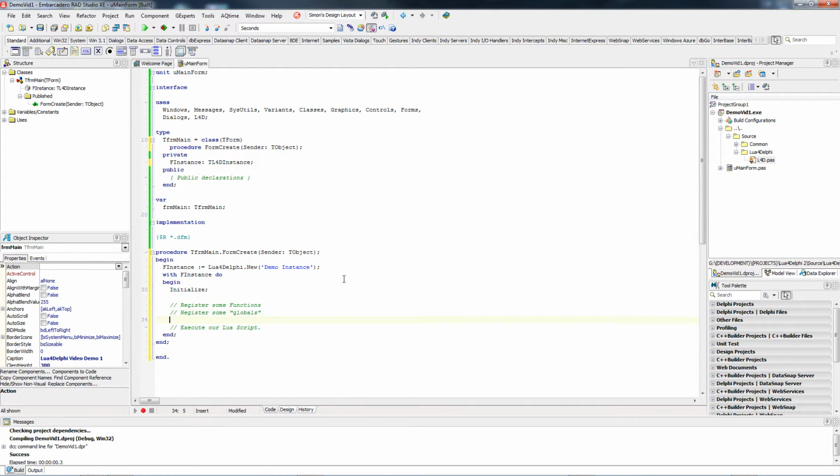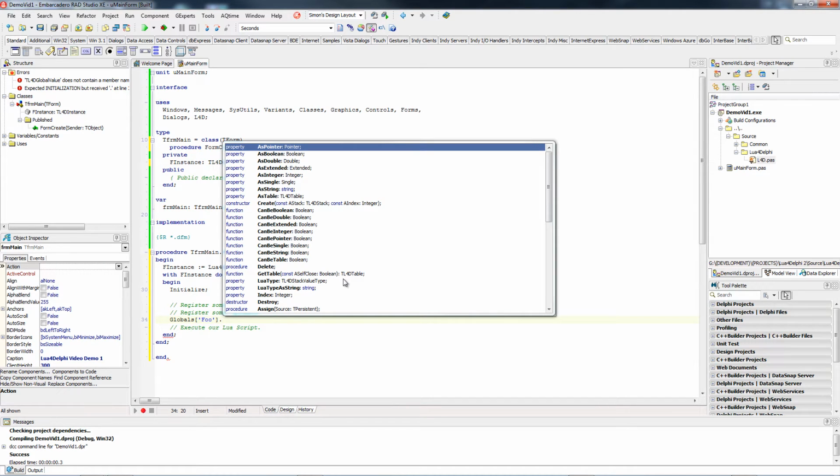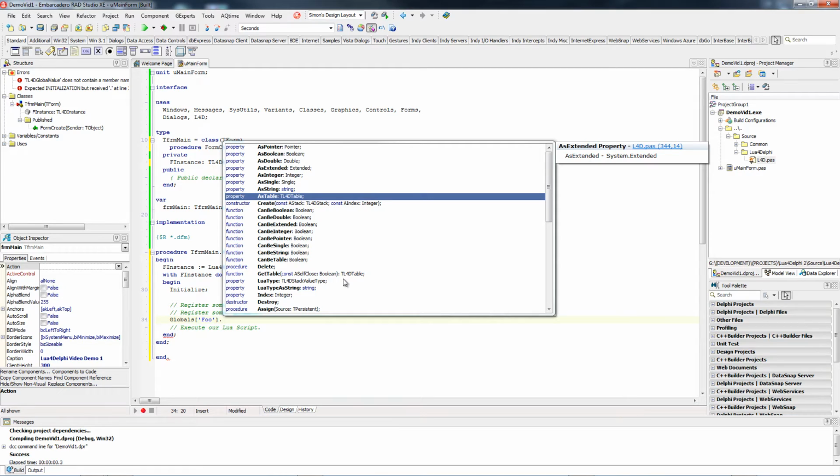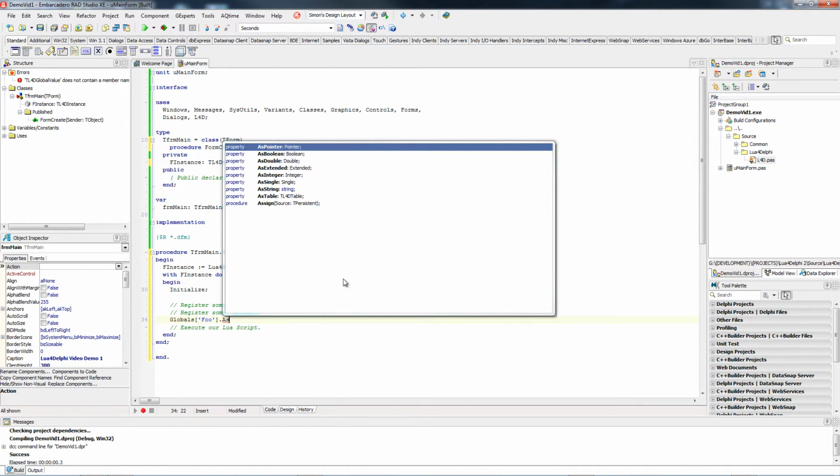Now, what we can do is we can call globals, give it a string name, in this case foo, and tell it its type. Now, for the sake of writing one, we can specify exactly what type it is. At this point in development, and there'll be more by the time it's released, we have pointers, booleans, doubles, extendeds, integers, singles, strings, and Lua tables. Lua tables are one of the most interesting and important aspects of Lua as a language, and they're also quite complex. However, Lua tables, from the standpoint of Lua4Delphi, are very easy to create and parse. So you can actually read them from Delphi, and you can create them from Delphi and push them back to Lua. So we're going to define this global variable foo as a string, and the value for that will be,